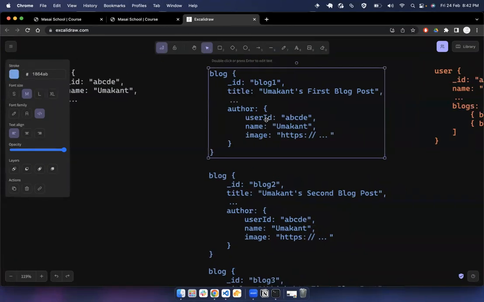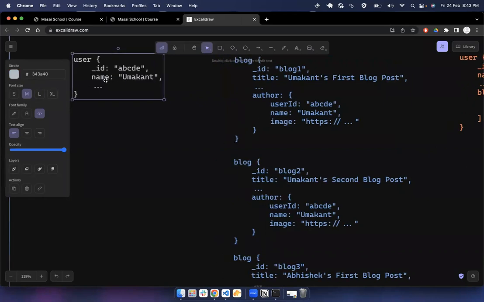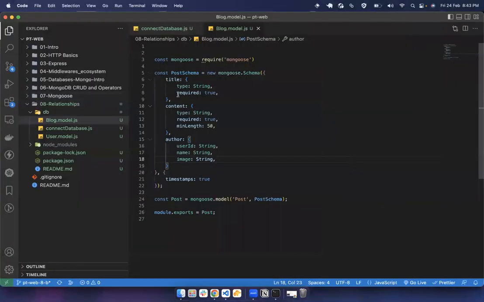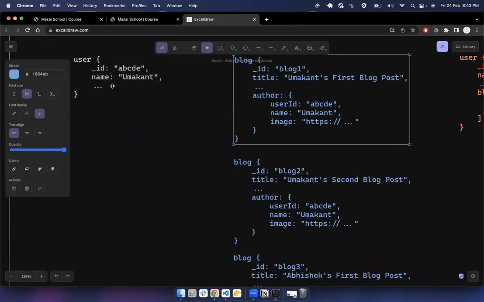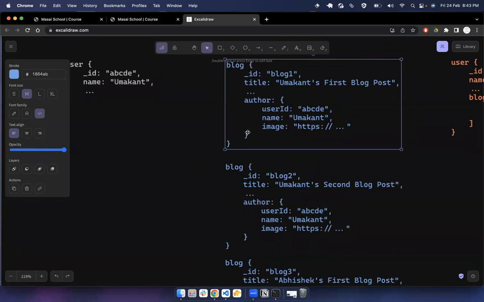But we are storing name and image so that, let's say, if we fetch multiple blogs at the same time, right? For example, for the home screen, let's say we fetch multiple blogs, then we don't need to fetch user name and image. Okay, maybe we will need to show email address or something, but for the home page, or while we are showing blog, we don't need any other detail other than name and image. We are only going to need name and image, and